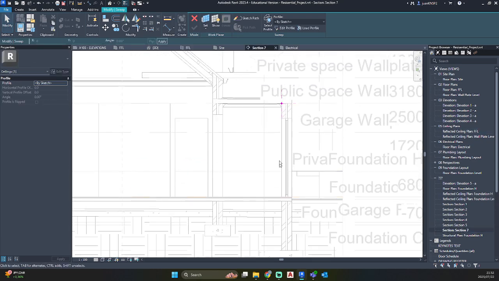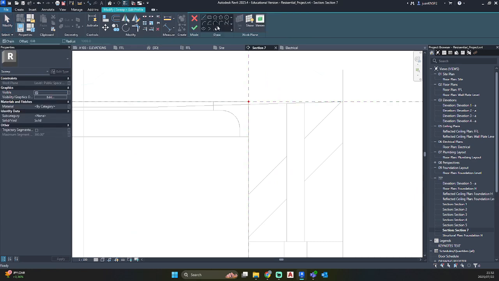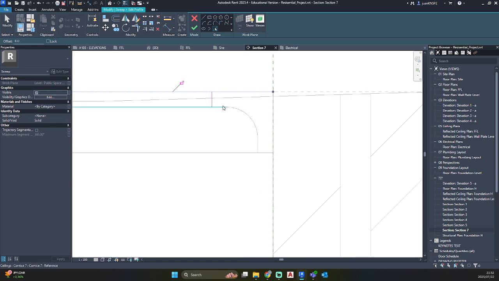Go to your section and let's use our Edit Profile, Pick Lines tool, and let's trim and extend.